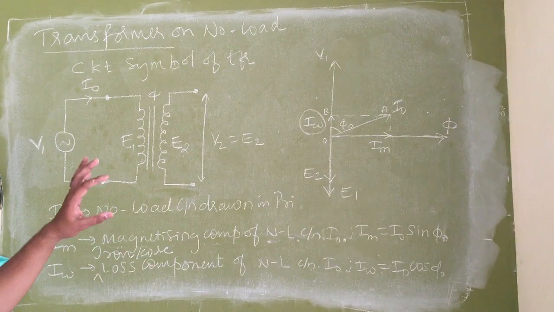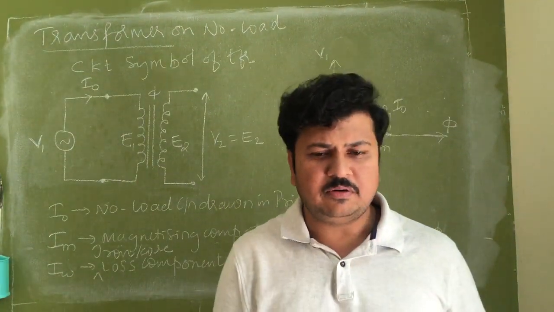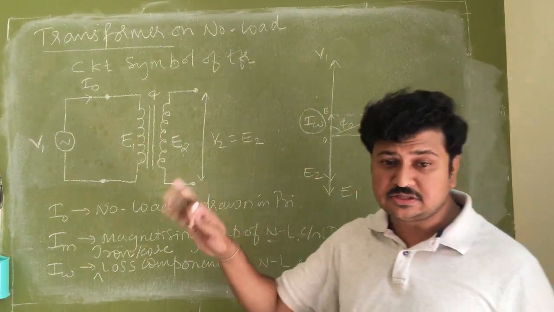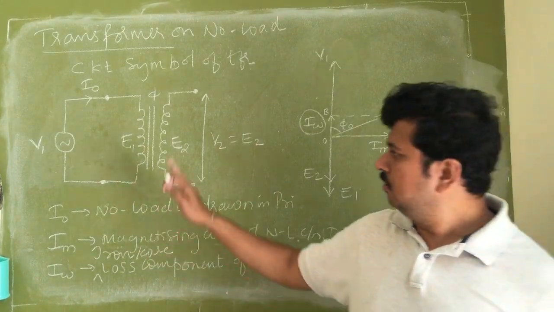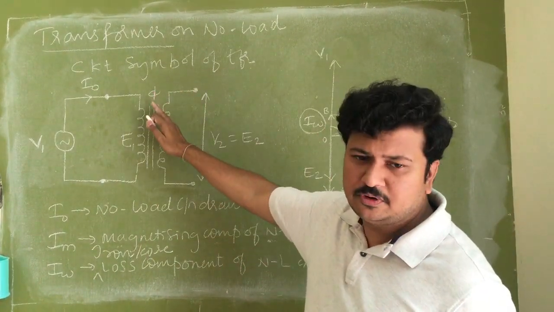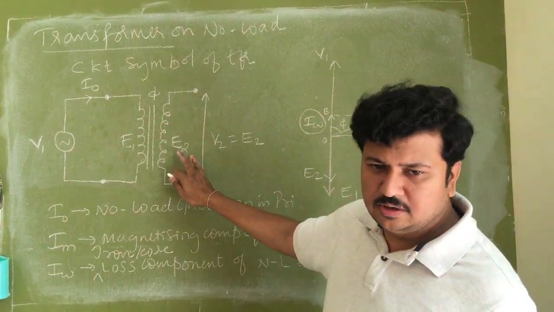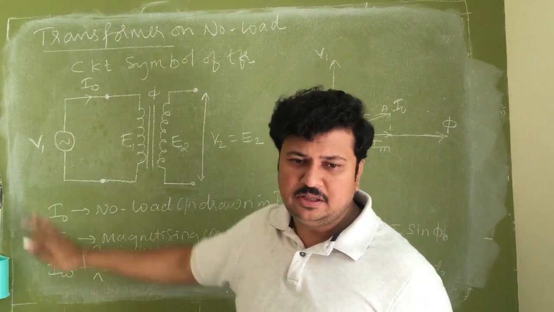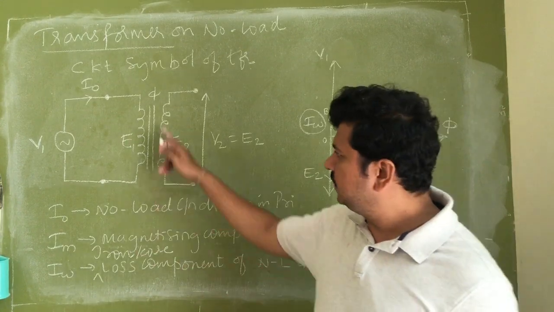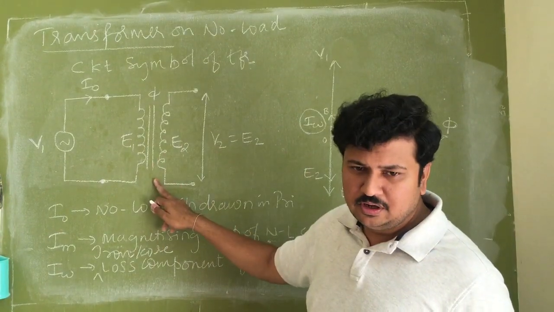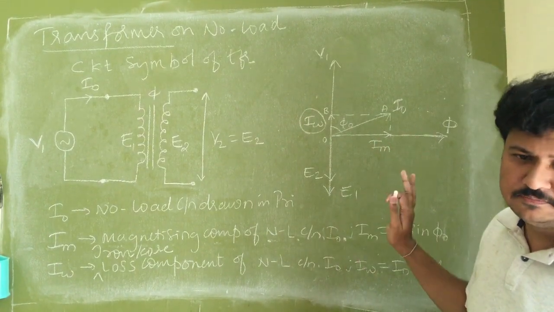What I intend to tell in this lecture is that some amount of power is always drawn by the system even when the system is not working, if it is connected to the supply. Now the system is not working because the output is 0. I am not transferring any power from primary to secondary, but the primary is still connected to the supply, hence a small amount of work is done by the transformer. What is that work done? To satisfy the losses present in the core and to create magnetization in the core.